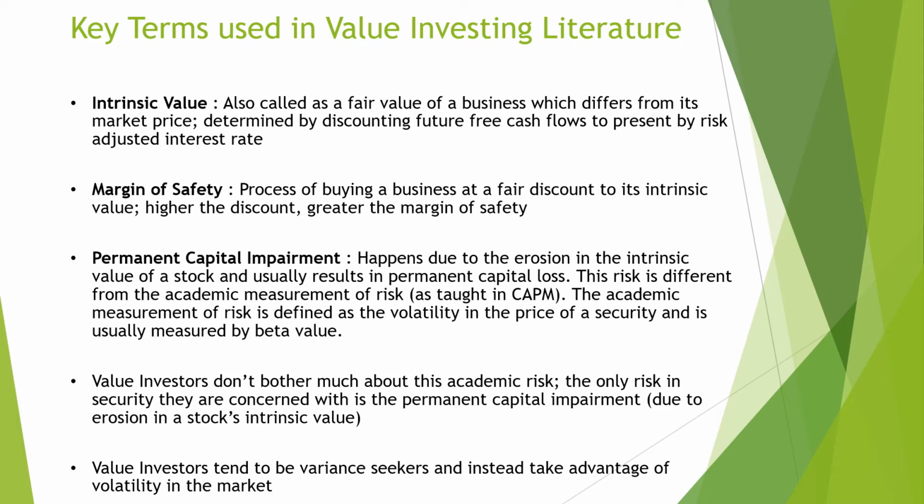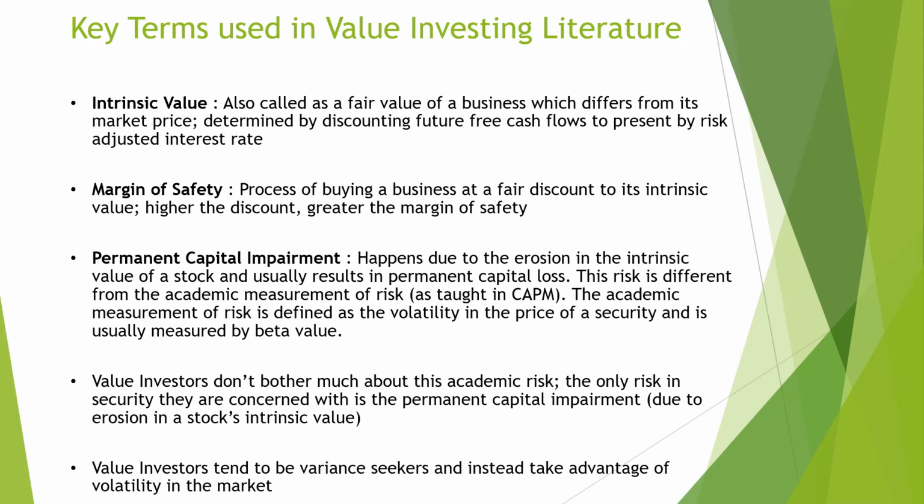So beta is basically the movement of that stock, or the volatility of a stock, with respect to the market. And as we know, the market has a beta value of 1. So if a stock has a beta value of, let's say, 1.5 or 1.6, then it is 50 or 60% more volatile than the market. But then again, this is just a theoretical method, and as I mentioned,